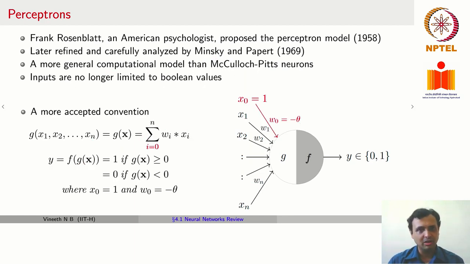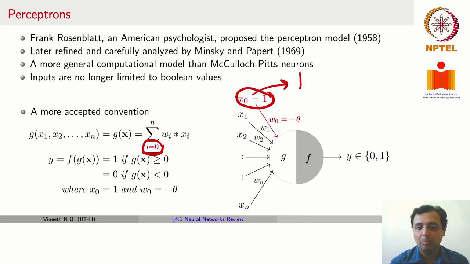A more general way of writing a perceptron is where the index starts at 0 instead of 1, and the 0 is simply to subsume the threshold as part of the equation itself. Rather, you're now going to have i equal to 0 to n, where x0 is going to be 1. It's a constant input 1 all the time. Today this is also known as bias.